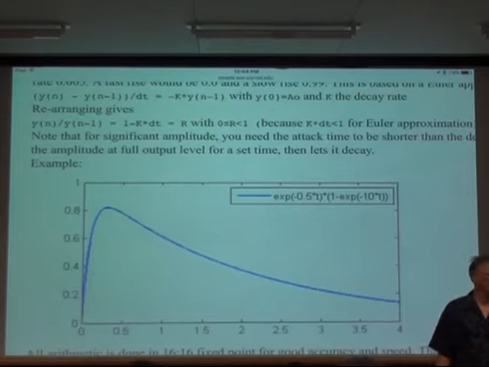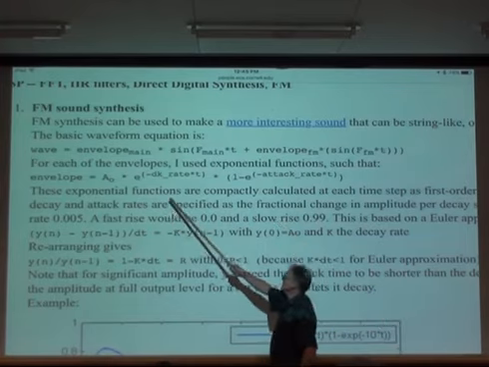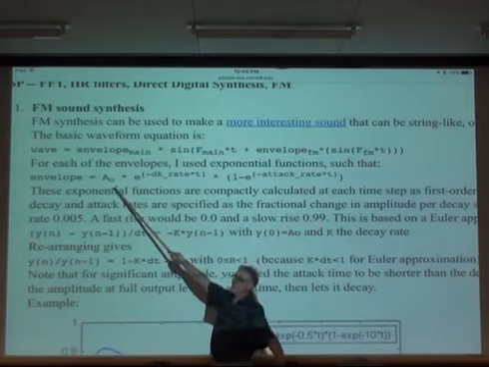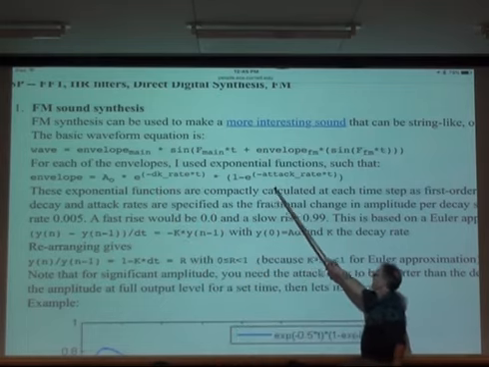And what I talked about last time was that for an envelope that looks like some initial amplitude times an exponential decay multiplied by an exponential rise,